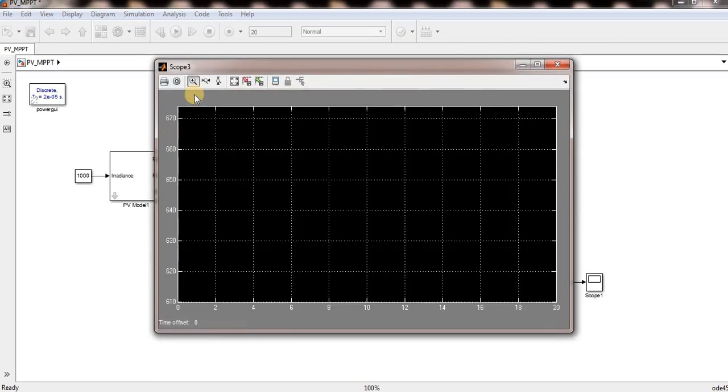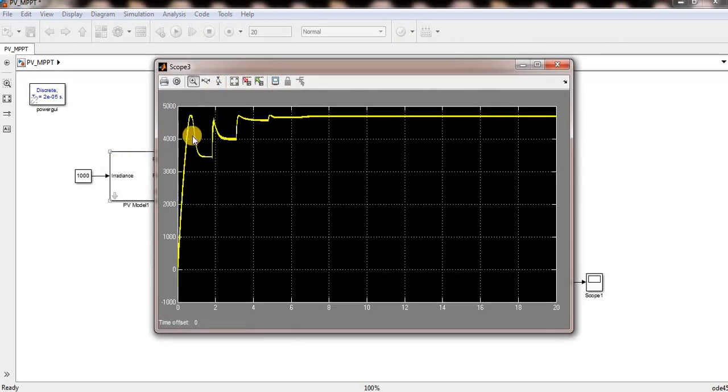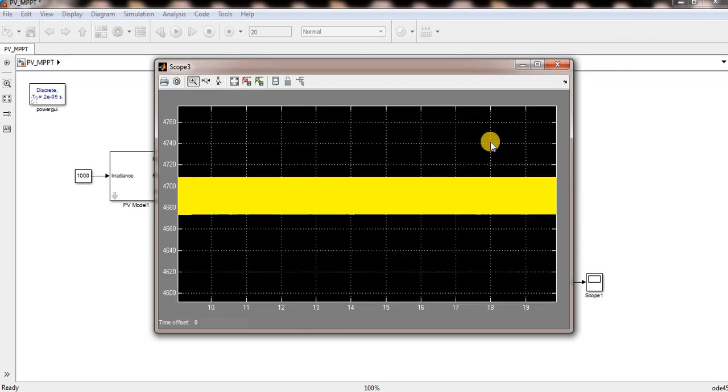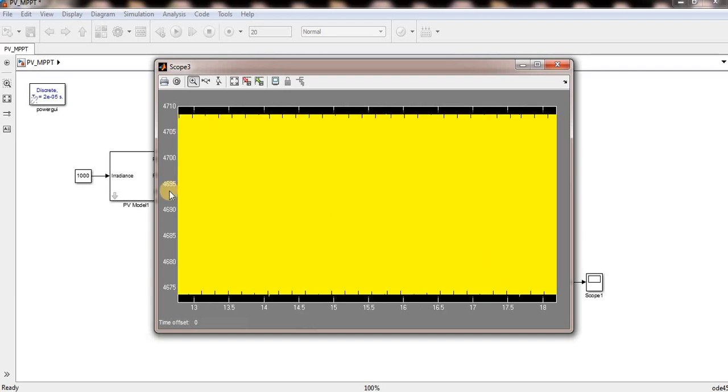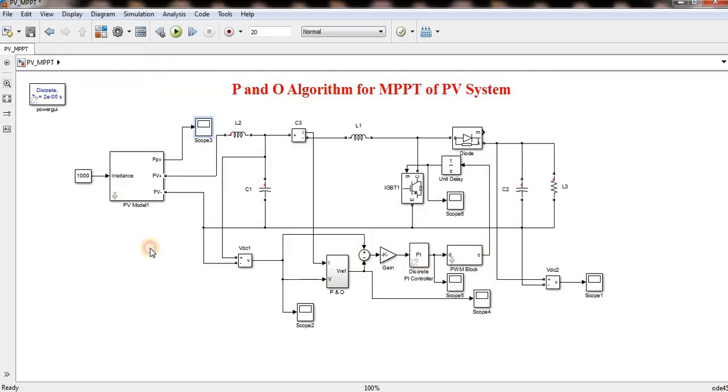And this is my power, the PPV power. Simple voltage into current. See, it is taking some time to find out the maximum power, and it is coming now. My power is 4700, considering all the losses. Actually it is 4732, but losses are also there. See, 4700. How do we know that 4700, whatever it may be?